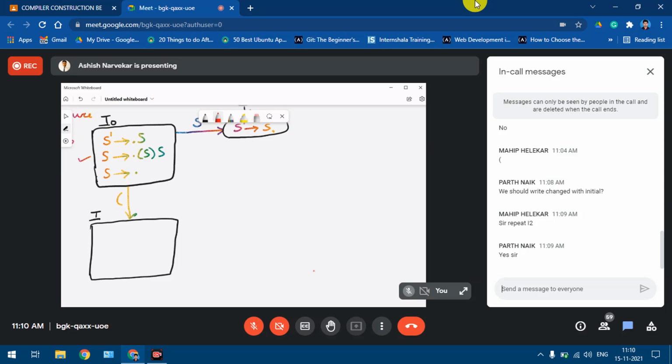Okay. We have I0. From I0, I consider the production S gives dot. Now applying closure to this particular item, I'm applying goto to this particular thing.